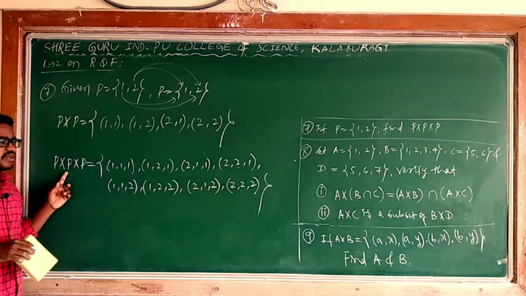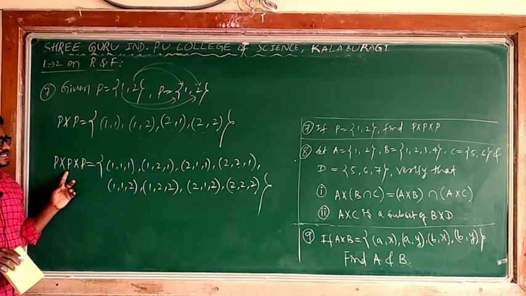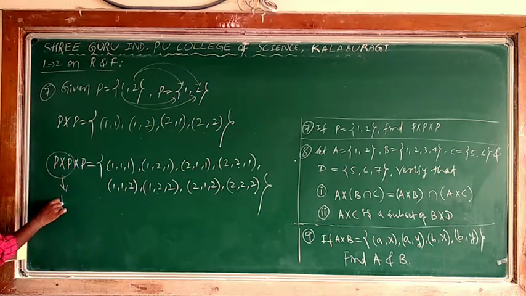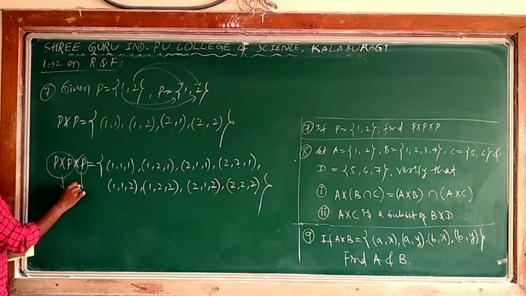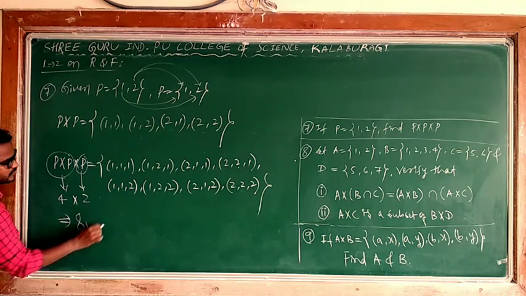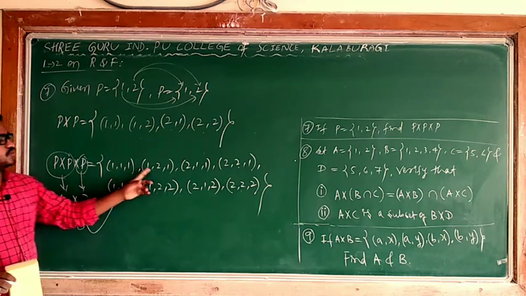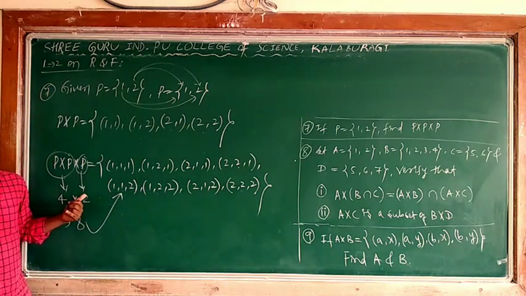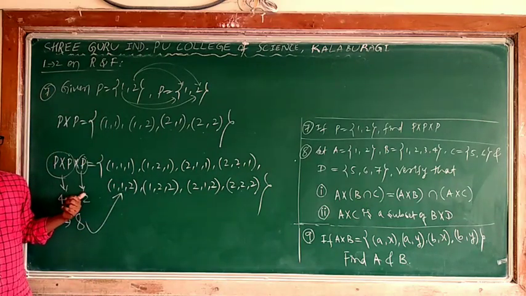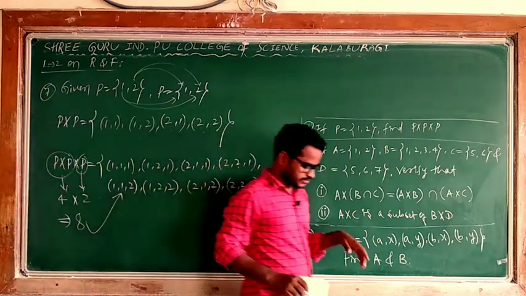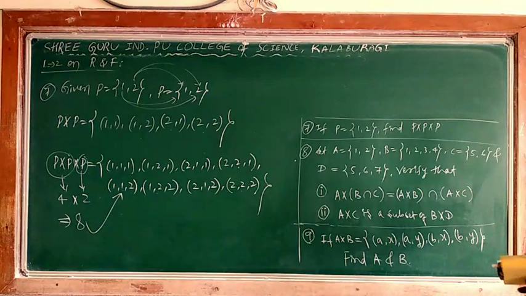What are these? We are getting ordered triplets. I can say again, this has 4 elements, this has 2 elements. Multiplying this, you will get 8 elements. Where are these? Are the 8. 1 2 3 4 5 6 7 8. What are these? These are the ordered triplets, because every bracket has 3 elements. Copy this. This is about the 7th one.